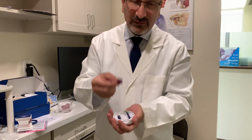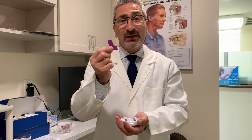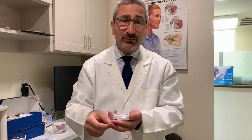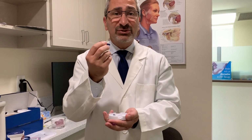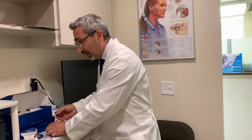This middle piece is something that I have added to your container. This one is colored. You may get a purple one, a pink one, or a clear one. I have put one in your container for bite use, and I'll explain that in a minute. And this is the key on how to adjust your mouthpiece if needed. So coming back to your mouthpiece,